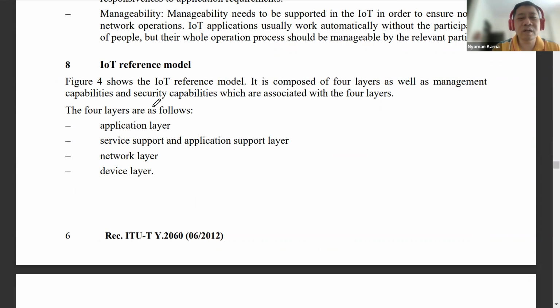The first one, or the top one, is the application layer. And then the second topmost layer is the service support and application support layer. And then the network layer. And the last one, or the bottom one, is the device layer.